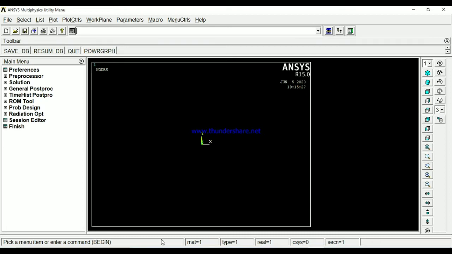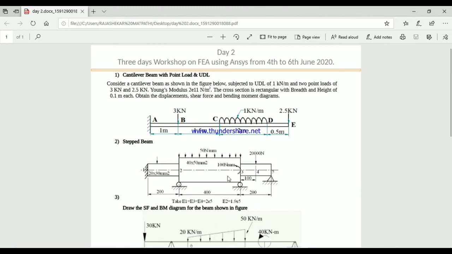Okay, friends. Now we'll move on quickly to one more problem. We'll share the first questions now. This is a very interesting problem actually. Stepped beam. We solved some stepped problems yesterday, a three stepped bar and some tapered bar problems. Similarly here, we have an interesting problem: a stepped beam, with some UDL load and some point load.